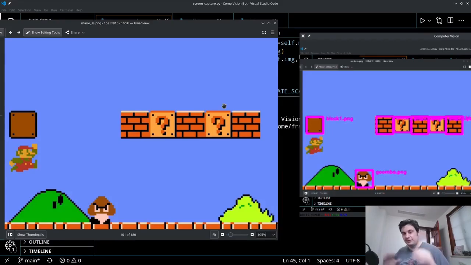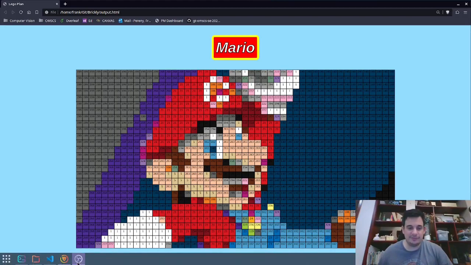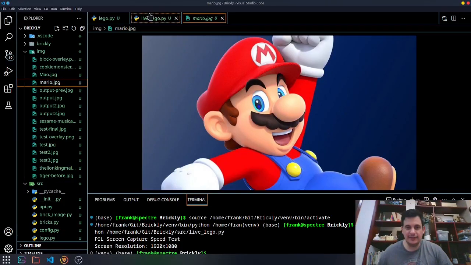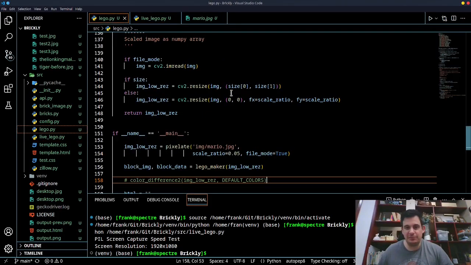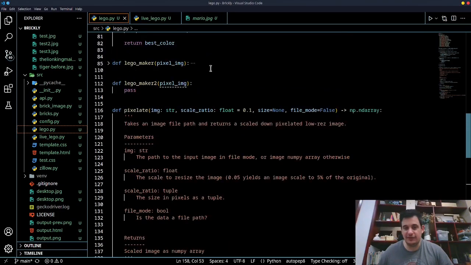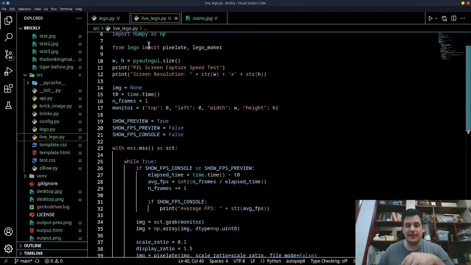Is it possible to render my desktop as Legos? That's what I wanted to work on. I made a prototype, and it came out really nice. If you've been following along with the other videos, you've already seen this code. This is the code we wrote together on how to create the Lego plan, and I wrapped that in a